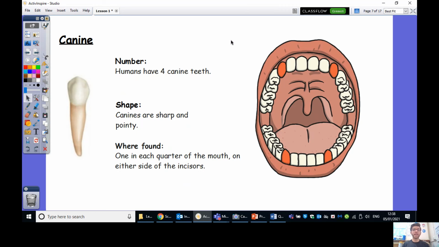Excellent. So going back to these ones, canine, we used scissors to help us remember incisor, because they cut into things. Canine is actually the same, comes from a Latin word meaning quite a common type of pet. Do you know, if you were talking about a canine animal, what sort of animal that would be? So canines are actually dogs.